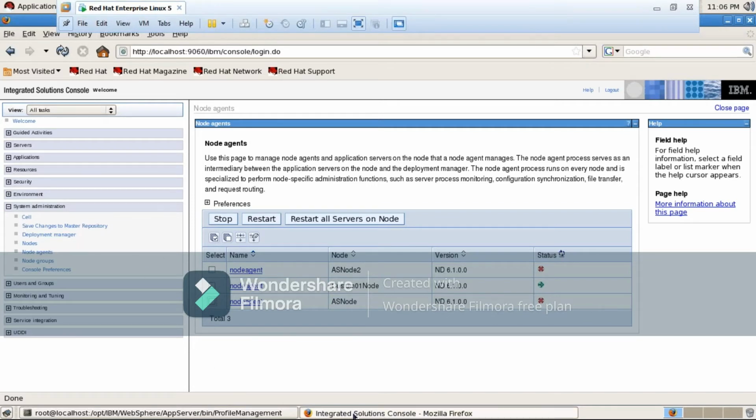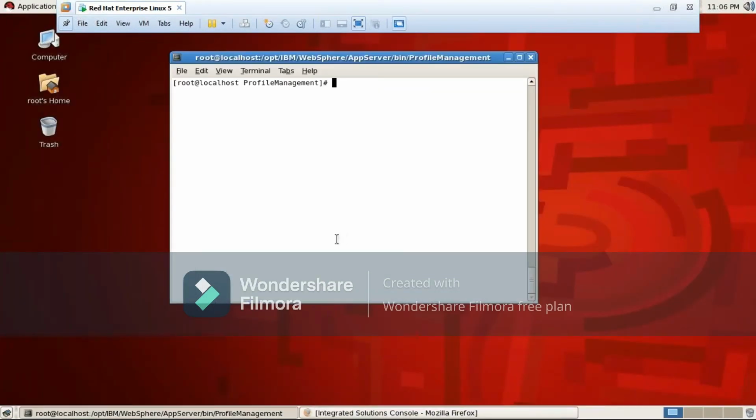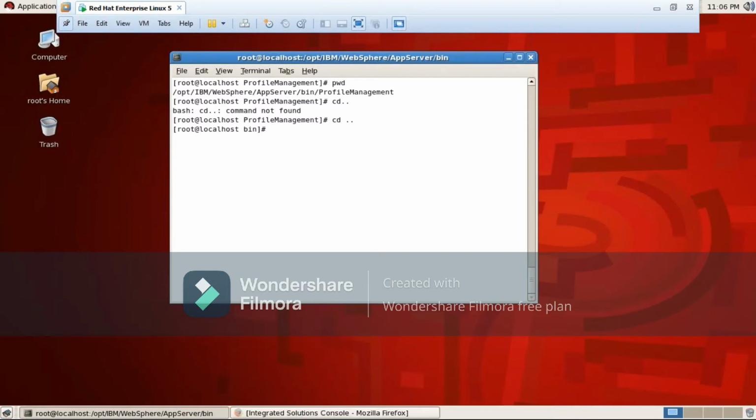Yeah, if I want to start this, I need to go from non-GUI only. I'm looking at where I am. There's a bin of app server. Okay. Edit profiles.